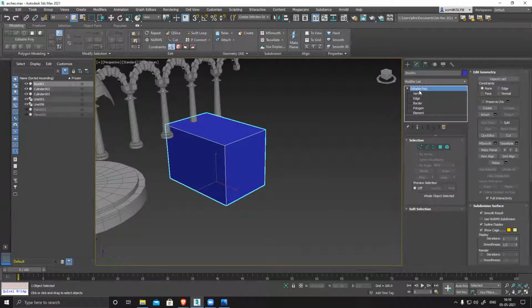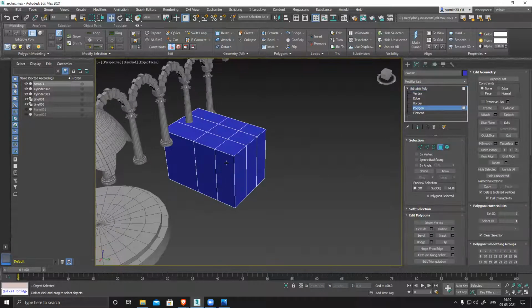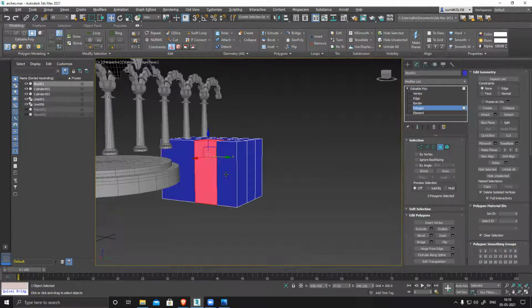Let's see. I'll need to add a couple of loops. So, loop, and if I delete this section,